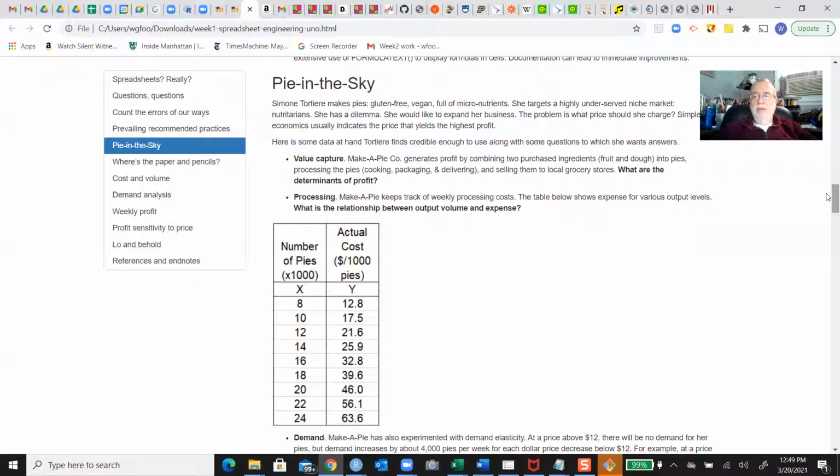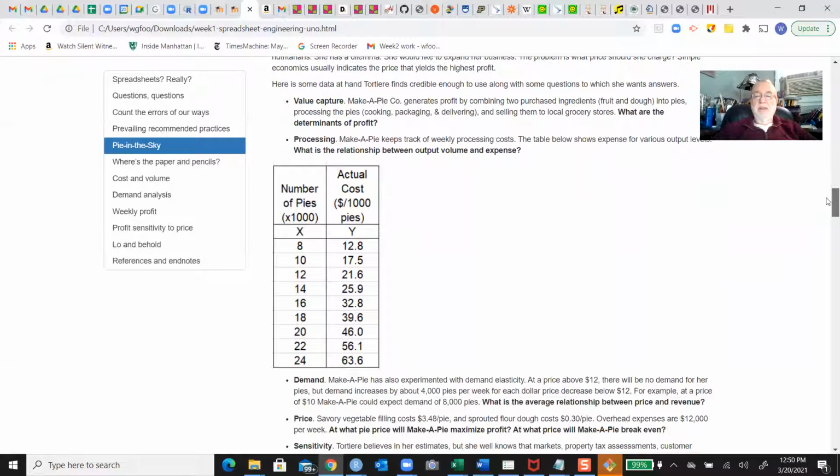Processing. Here's processing cost. This is actually how you make this stuff. Number of pies. Notice it's in thousands, so that's going to catch us later on. And the actual cost. Okay, somebody collected this data. Simone likes to collect data because